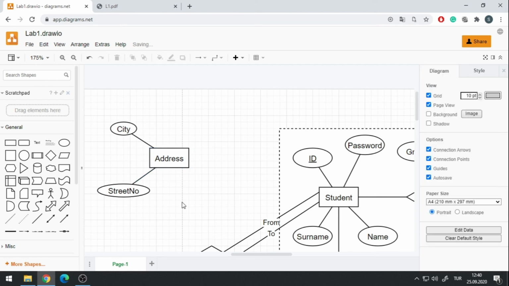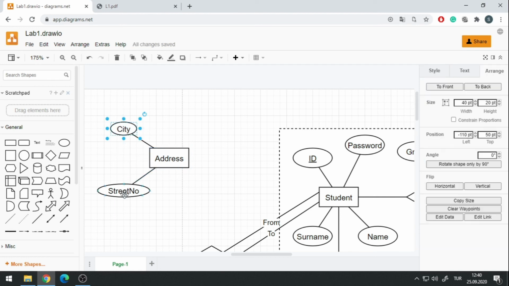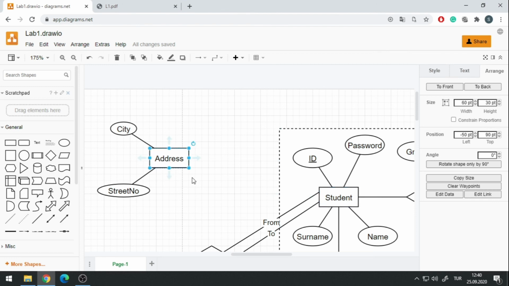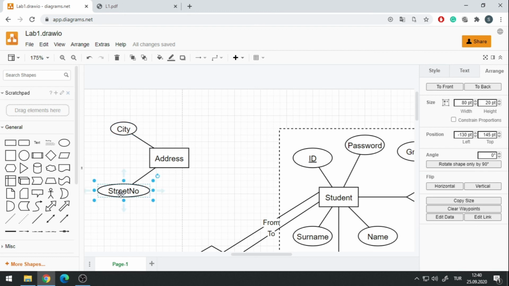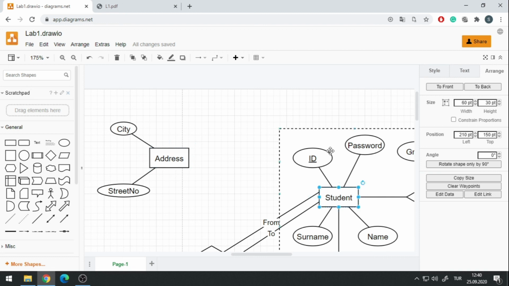And think about it, in the same city and the same street number, there could be multiple different students. So I can identify students with addresses, and when I need the address of the student, let's say the city and the street number is enough for me. But to be able to choose a unique address, let's say I have student Ali, and when I want to find the address of Ali,